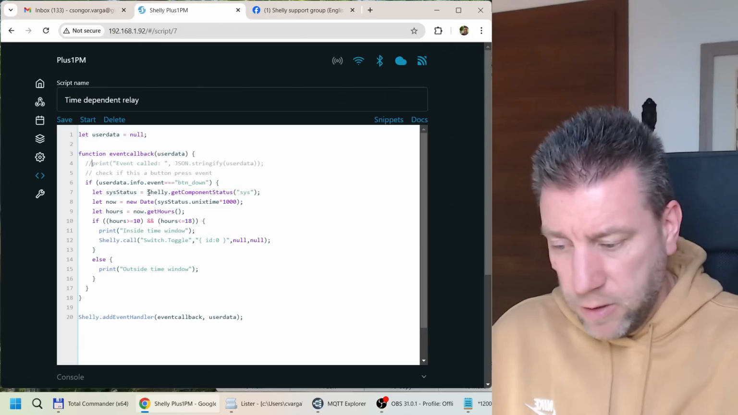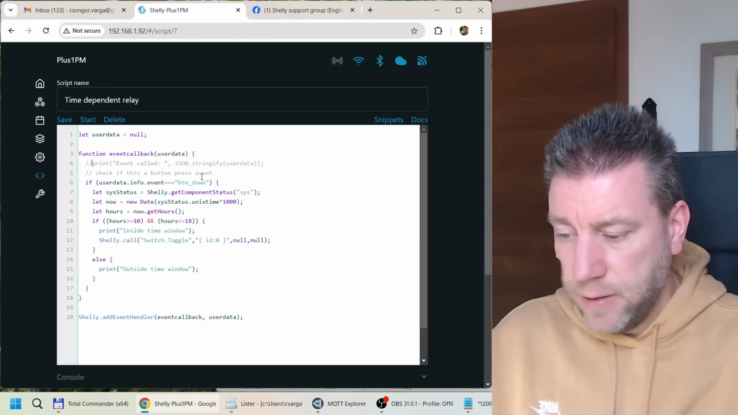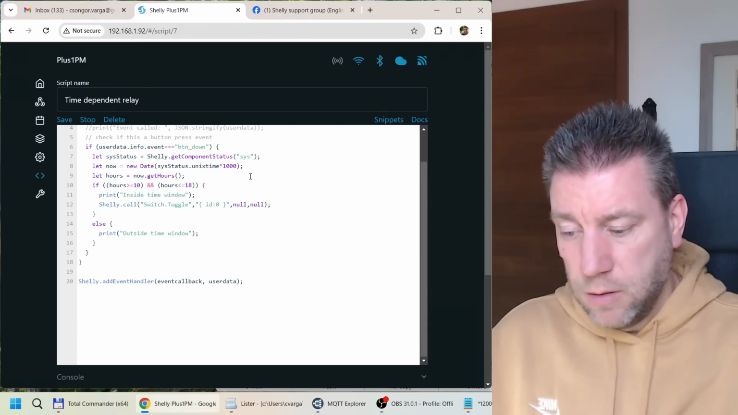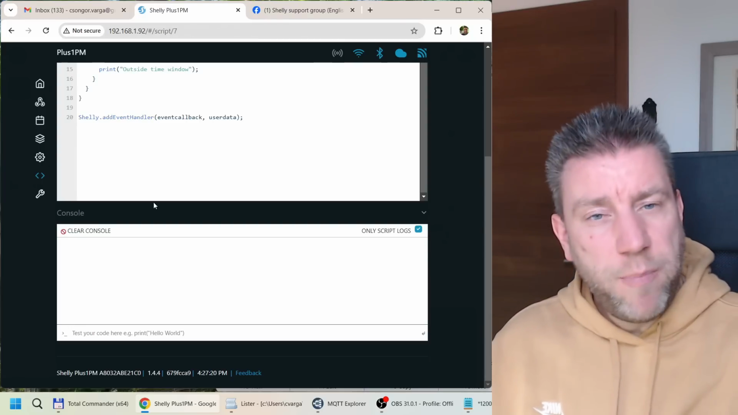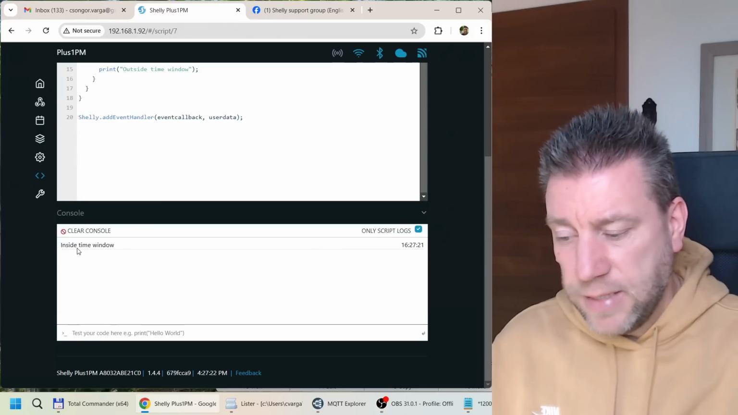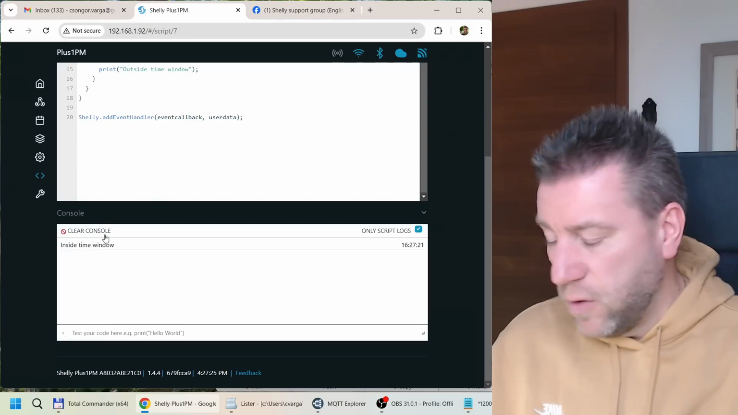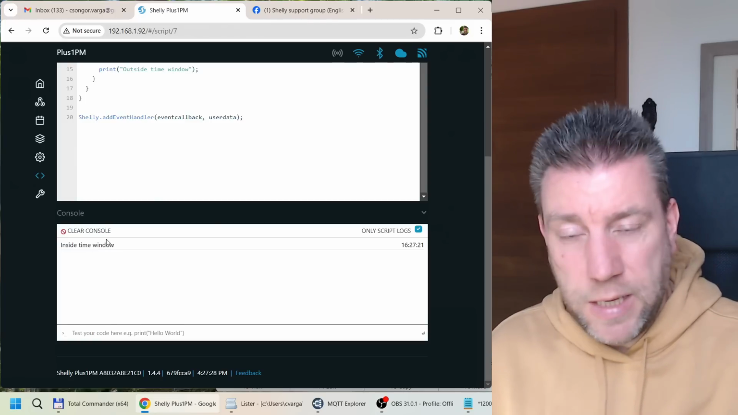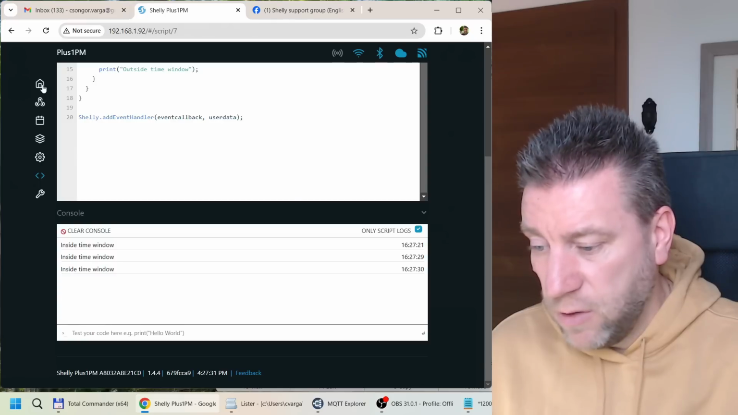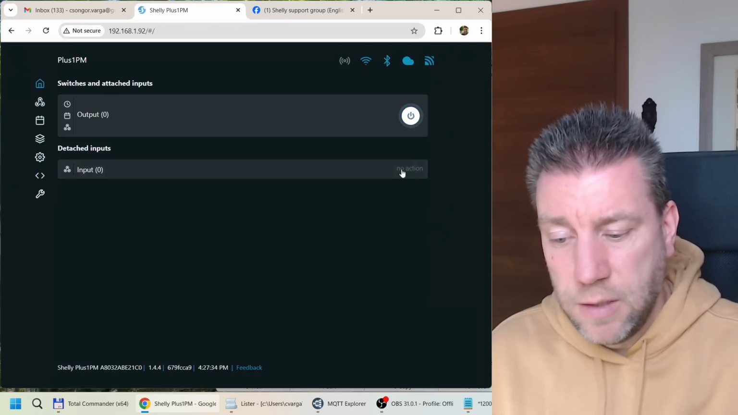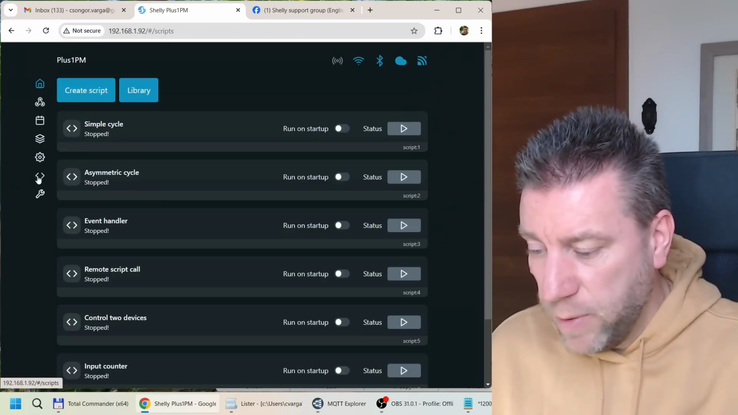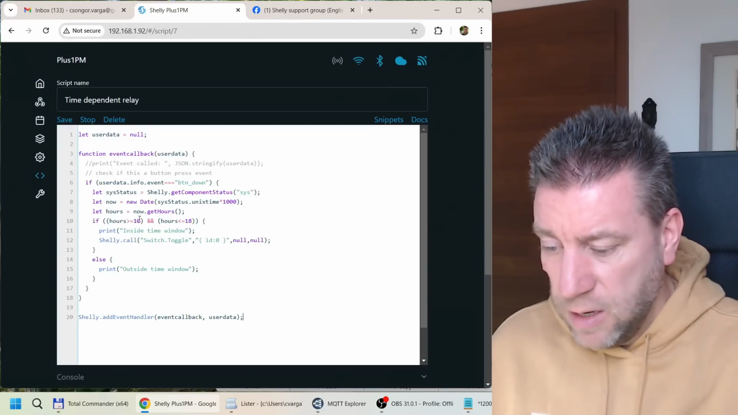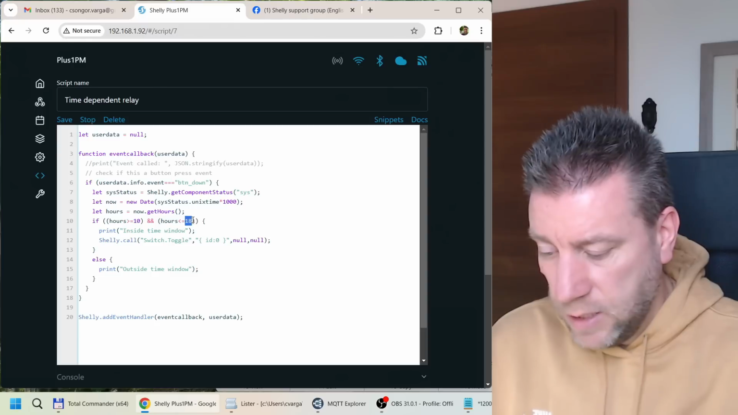So let me just print out this thing so we get fewer messages on the console, and clear console. So if I press the button now, it says inside time window, and maybe you could hear that the relay was clicking. Yeah, so if I go back to the main screen and I push the button, you see that the input toggles. Oh, it's good. And if you go back to the script, and if I change this to, let's say, 12,